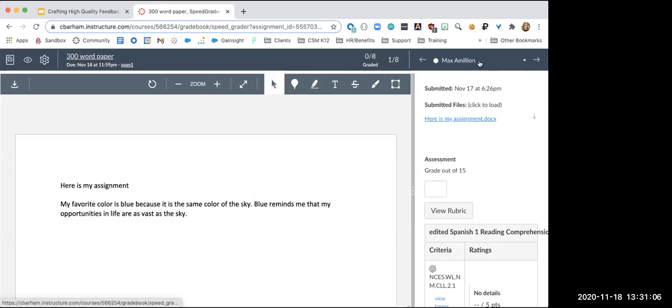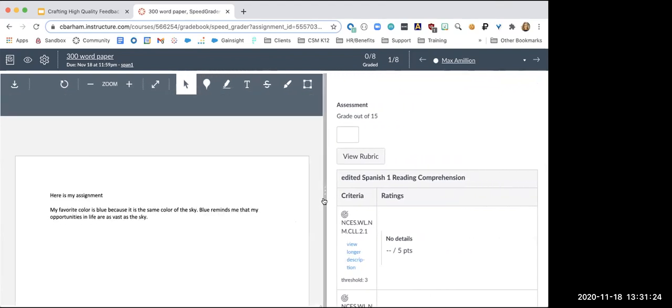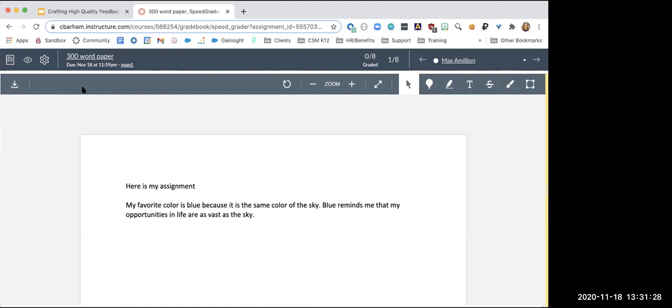So this is Maximilian's assignment. He had to write a 300-word paper. We can see it's a little short, but this is his paper right here. It's awesome because on this side of the screen, I can view my rubrics, I can grade, but I can also see the paper over here. I'm going to slide this over a little bit because I want to,